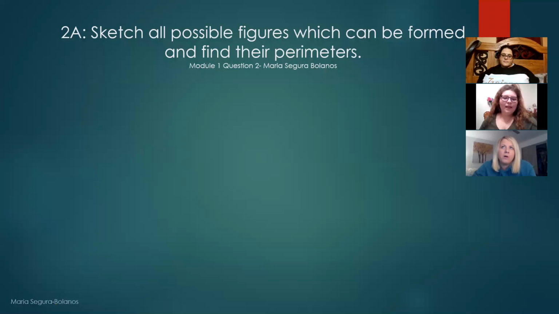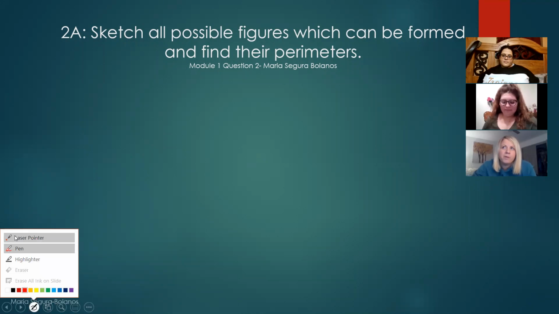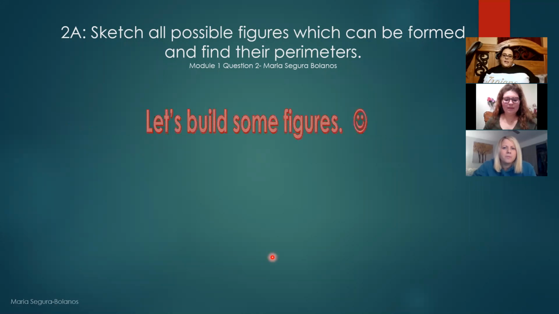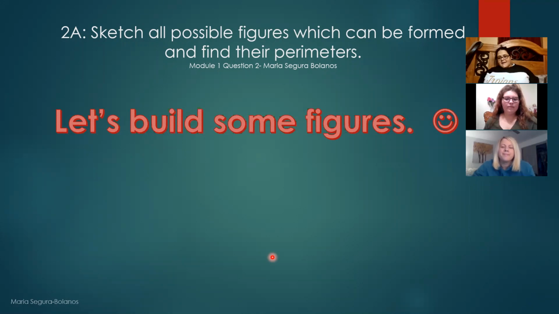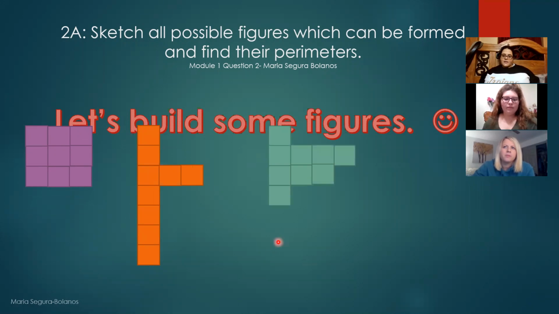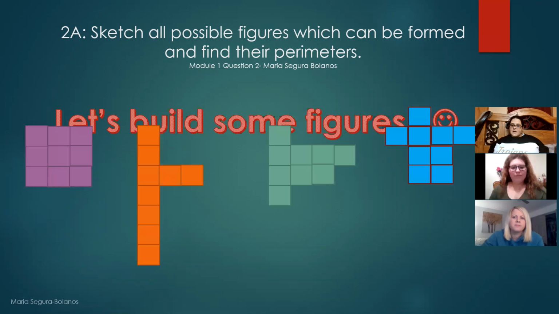Maria, sketch all possible figures which can be formed and find their perimeters. Okay. Let's make some figures. These are kind of fun because it's like using building blocks. So right here, first we have a 3 by 3 square, which equals 9 total blocks. Then we have a little Tetris looking one. These are all like Tetris figures to me. So we've got 4 different figures with different amounts of blocks, but let's see if the